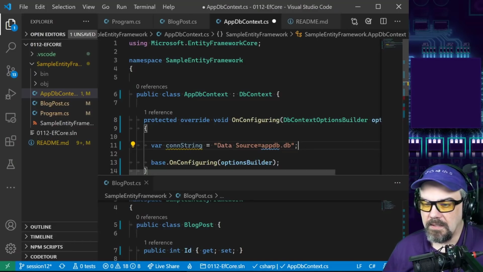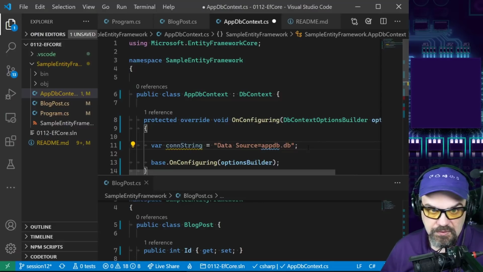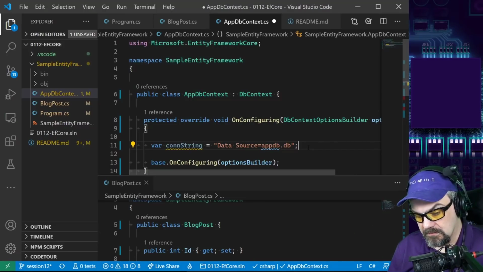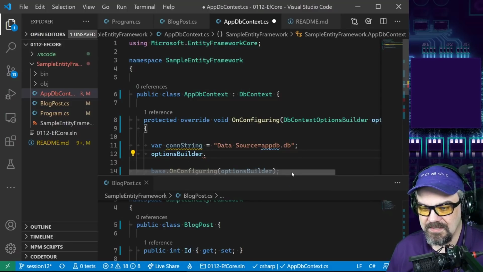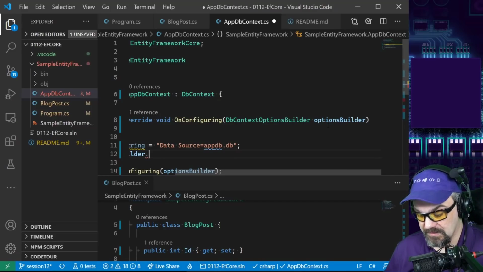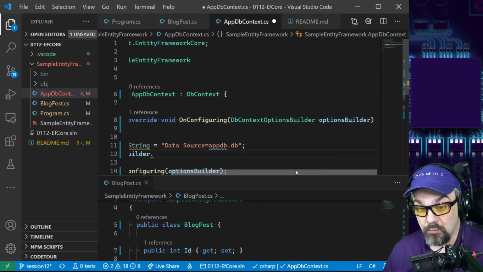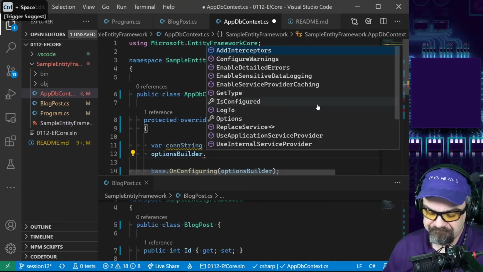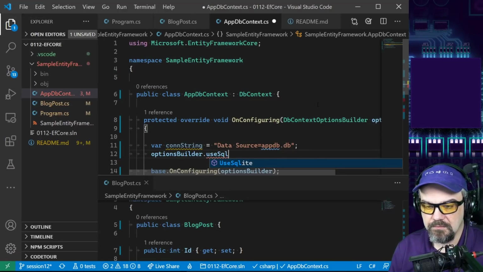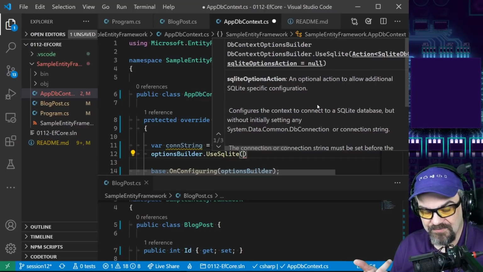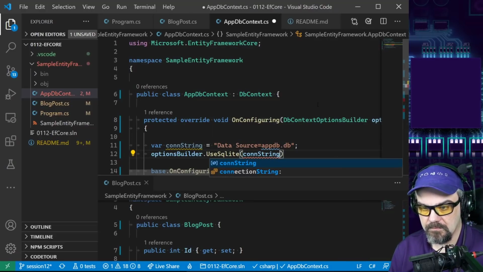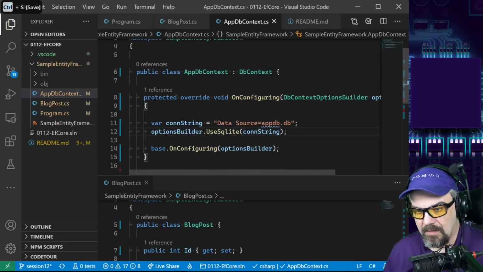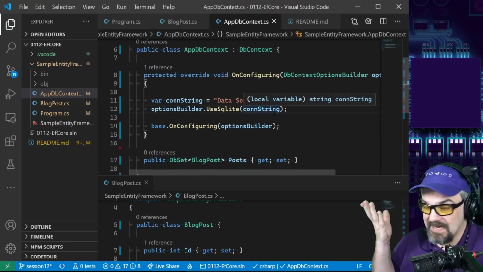And this is the database file that I'm going to create using SQLite. We're going to write and interact with. To pass that in, and configure. Options builder is the parameter that was passed in here, right? This is the database context options. How are you configuring it? What are those configuration options that we need to know in order to interact with the database? I'm going to tell it use SQLite, and that method was available because I installed the SQLite package, and I have to give it a connection string. Done. Okay, so now it knows how to connect to this hard-coded database,